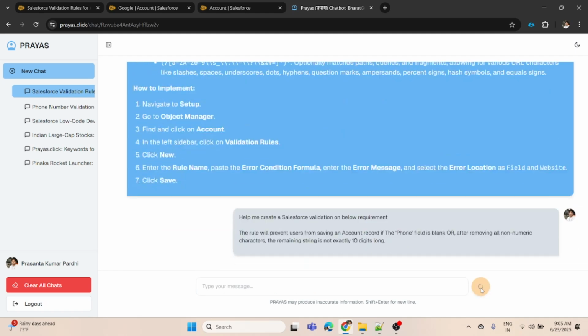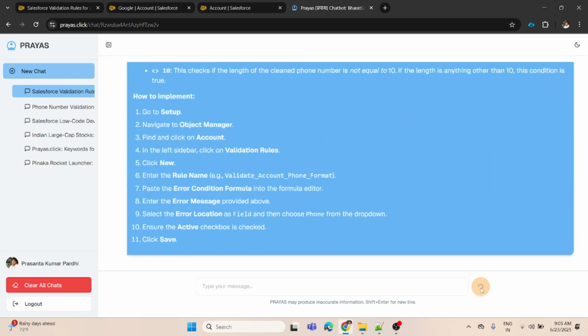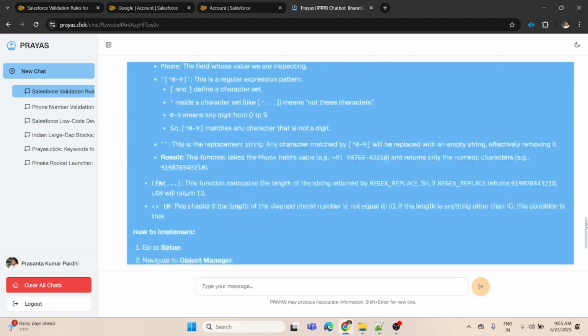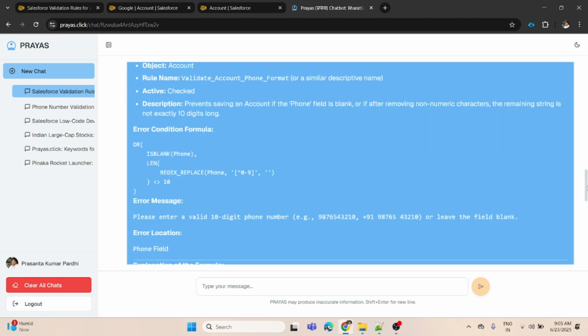Let's see how easy it is. Just think about our earlier days, four or five years back, how we struggled to write a validation rule. But nowadays all those things are there. You just have to put all the things in place. So here is your validation rule. Just copy this, and